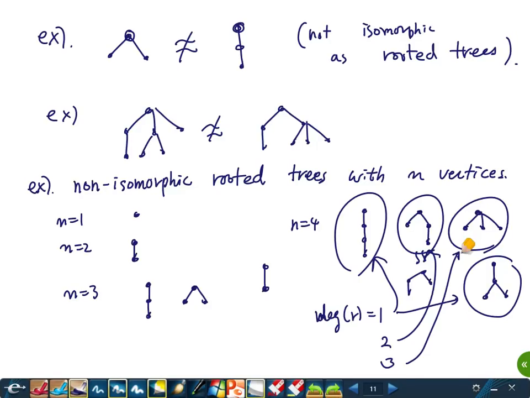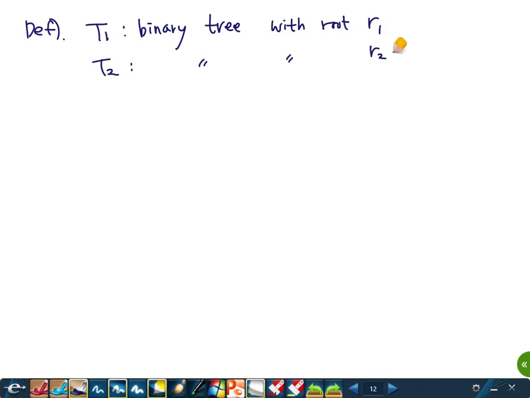So in general, finding all non-isomorphic graphs or trees or rooted trees is a difficult problem. But if you have more structure, then we can find an exact number. For instance, binary trees. T1 is a binary tree with root R1. T2 is a binary tree with root R2. And we say that T1 and T2 are isomorphic